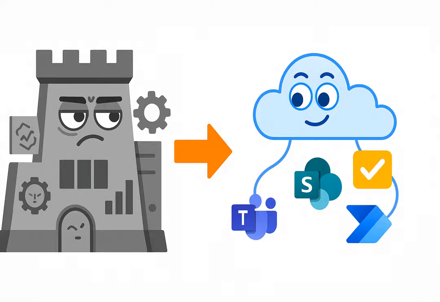Picture a project tracking scenario, a list that holds project name, owner, due date, and status. Add a Power Automate flow to send approvals when status becomes ready for review. Assign owners via Microsoft 365 groups, update statuses automatically, and post a summary card back into the Teams channel. Within an afternoon, you've replicated 80% of a model-driven app's value and done it without provisioning environments, begging for licenses, or sacrificing weekends to governance workshops.